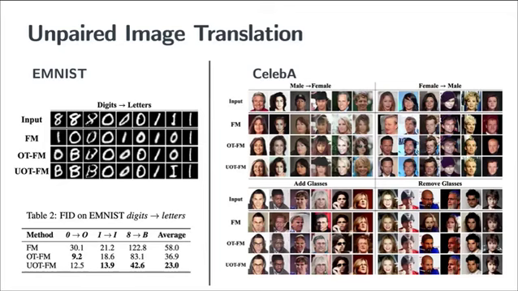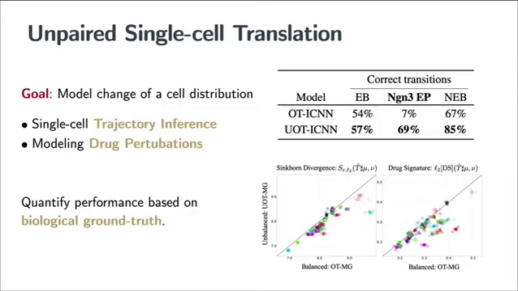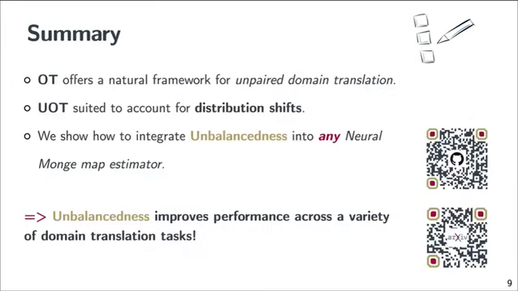We showed that unbalancedness improves performance across a wide variety of unpaired translation tasks. On EMNIST, as sketched earlier, it improves visually and numerically. And same for high-dimensional image translation, like on CelebA, where you can see that unbalancedness helps to preserve relevant input features. Additionally, we benchmark across two unpaired single-cell translation tasks, mainly single-cell trajectory inference and modeling of drug perturbation, where we show again that unbalancedness improves performance. Summarizing, we show how to integrate unbalancedness into